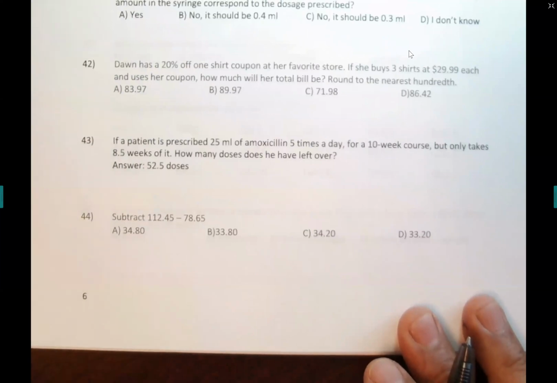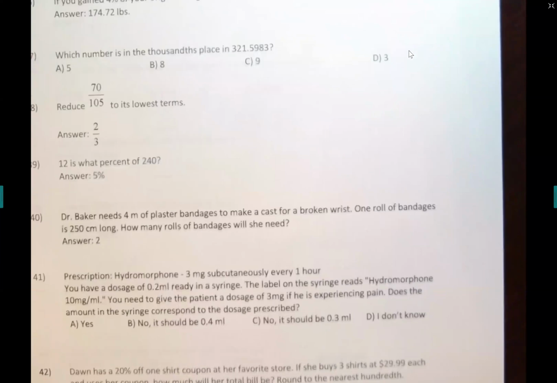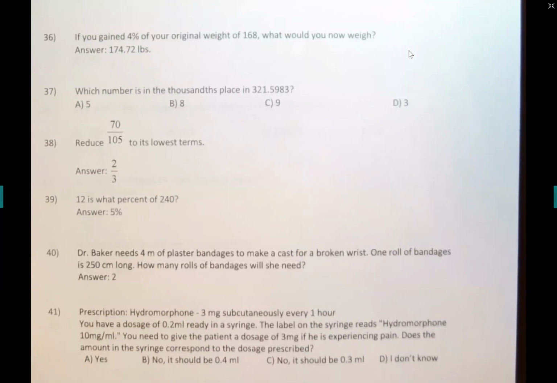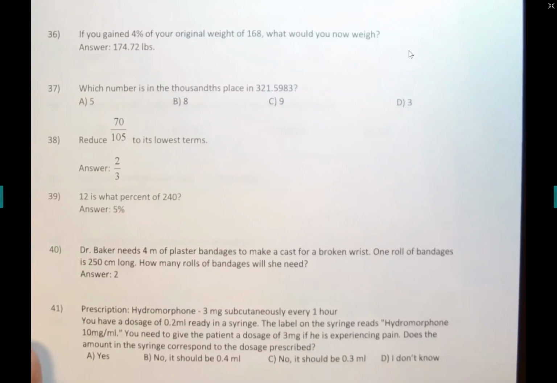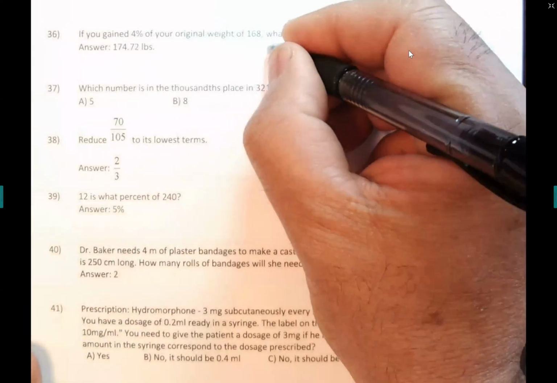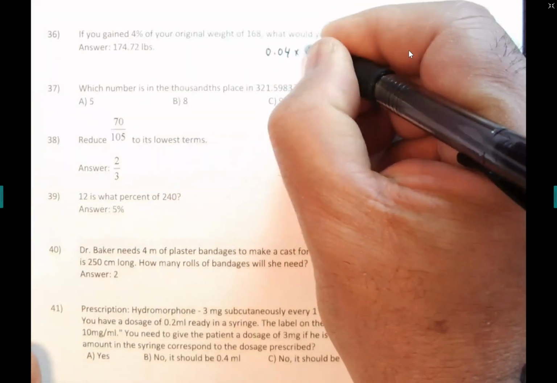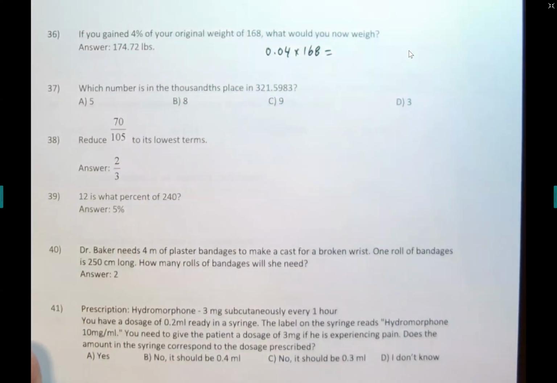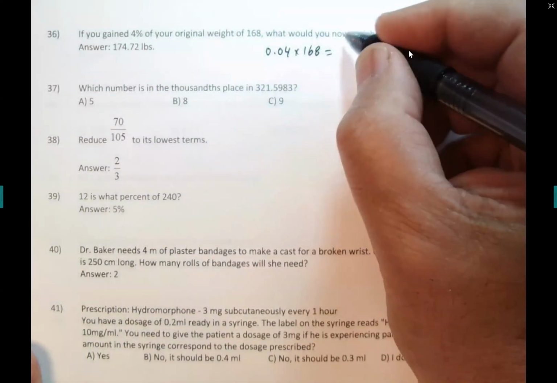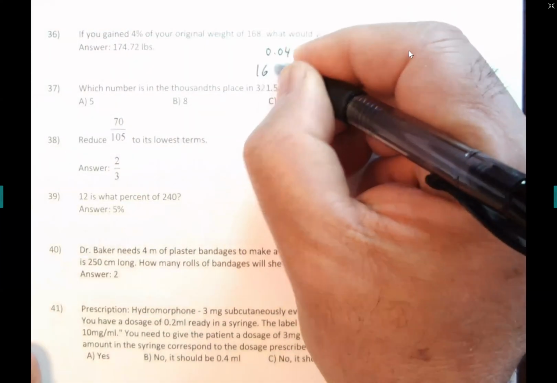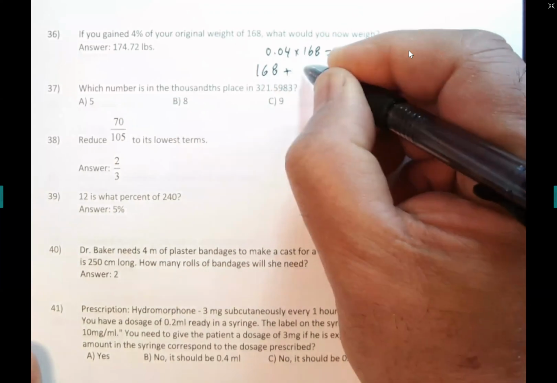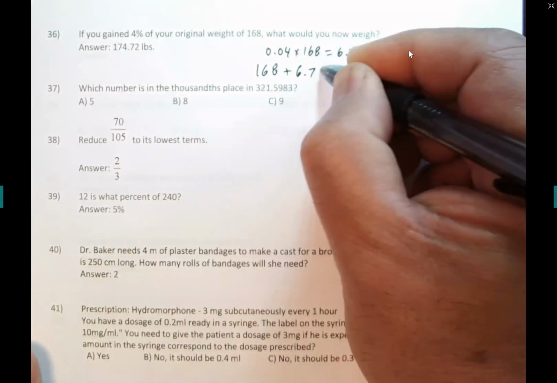36. If you gain 4% of your original weight of 168, what would you now weigh? Okay, figure out the 4%, which is 0.04 times 168. And that's going to be 6.72. And to figure out your new weight, you just add, because it's an increase. For increase, you add. For decrease, you subtract. That will be